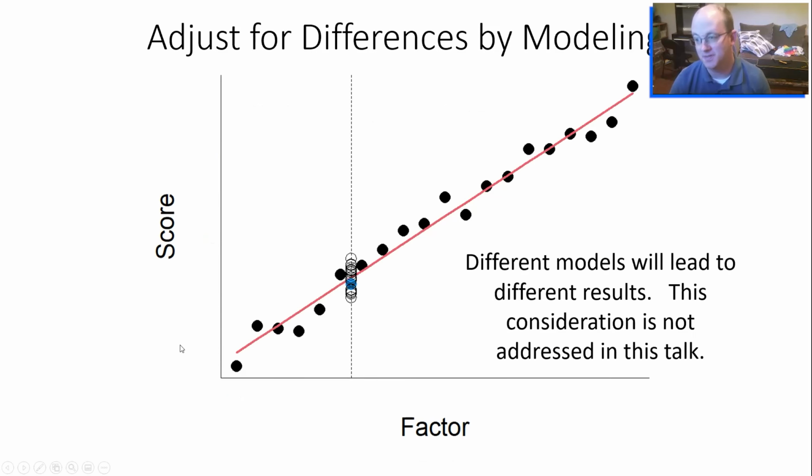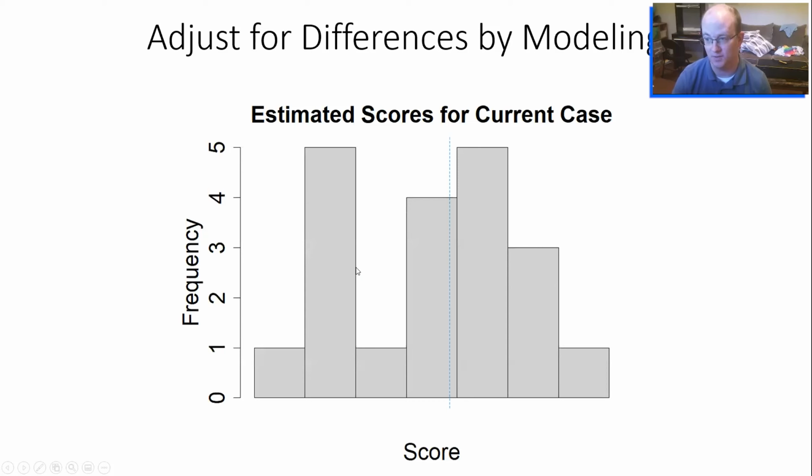Taking those projected points now gives us a distribution that we could work with. This is a histogram of those 20 points having been mapped from across the range of this considered factor back to the scenario for the current case. And then this would enable us to apply the range analysis that Hari discussed. So I'd like to move out of the cartoon example and into a prototype implementation.